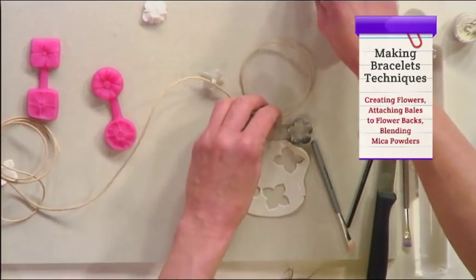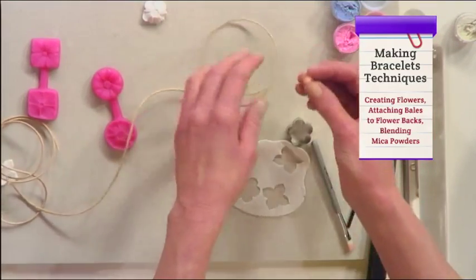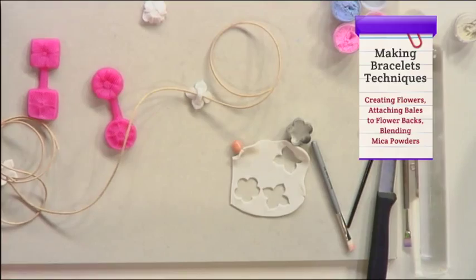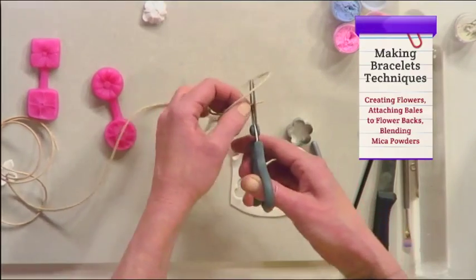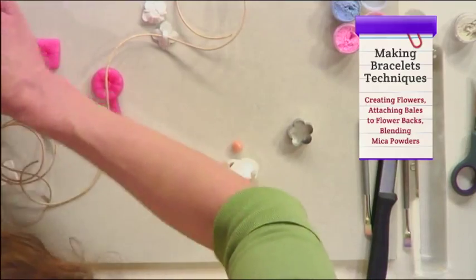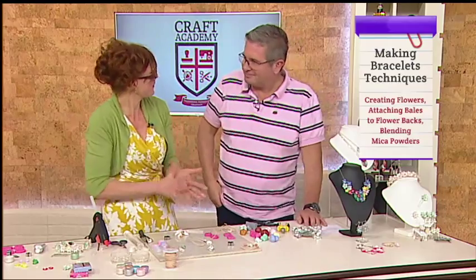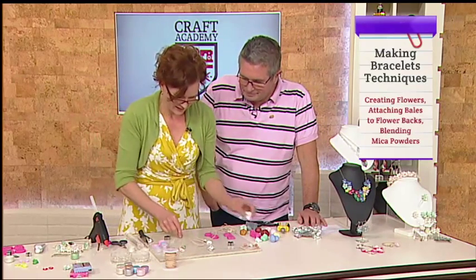I'm just going to take some beads. Are they beads that you've made yourself? Oh yes. Would you like me to show you how to make them as well? Because I suddenly thought, are they shop-bought beads or are they Fimo beads? No, I've made them. Okay, right. So hang on a minute, the Fimo's going to a new level now. Yeah, I've jumped a step, haven't I? Okay, so